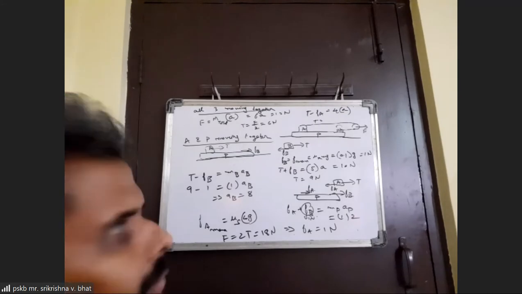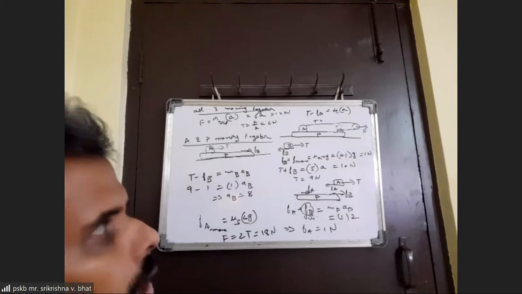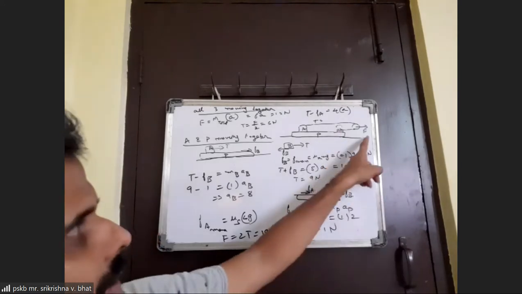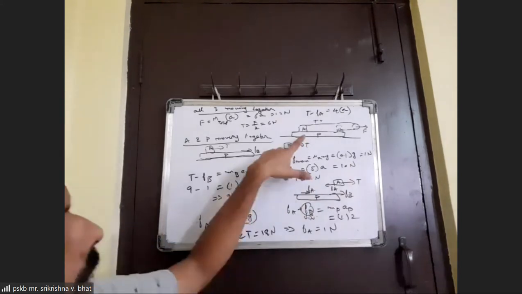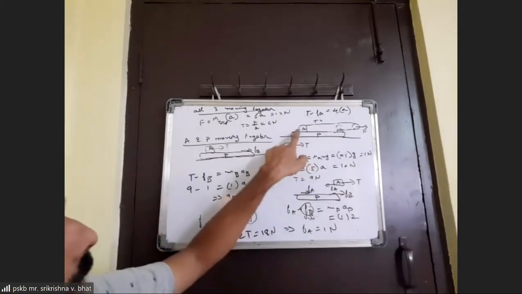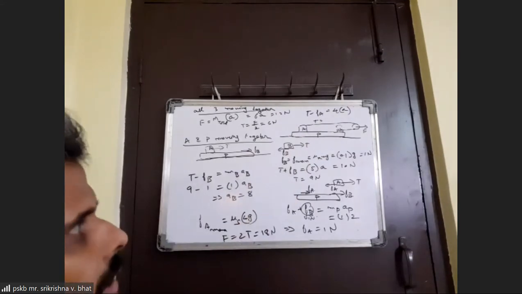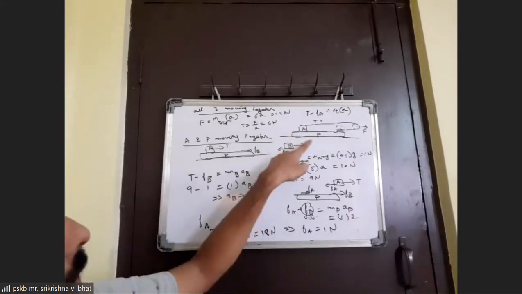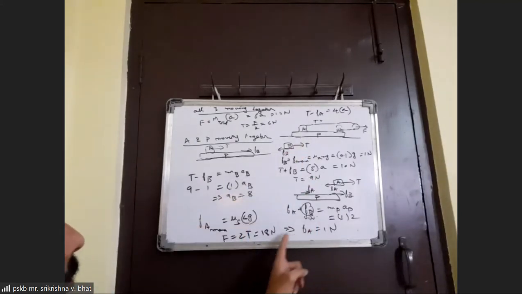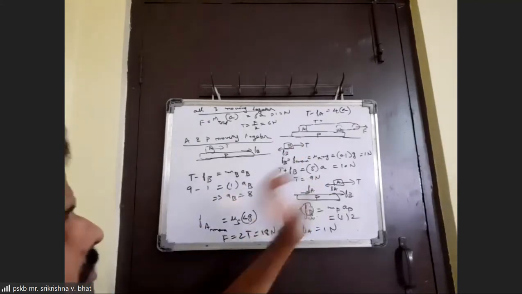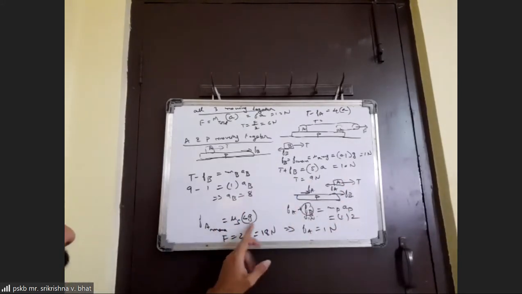Now if B is having acceleration of 2 meters per second squared only, and A has to have acceleration of more than 2 meters per second squared, then the friction acting due to A will be forward on the plank. That friction force will come out to be 0.1 into mg. The maximum friction force will be mu k into mg.